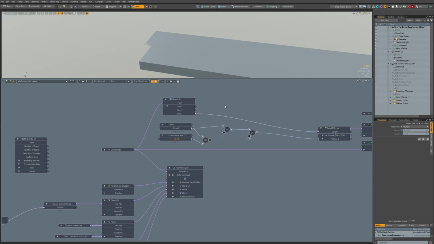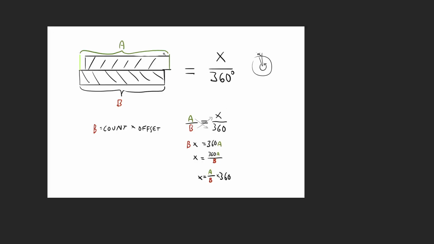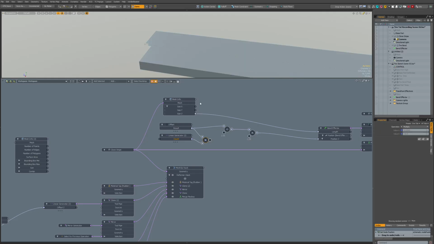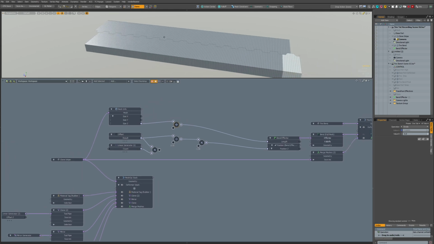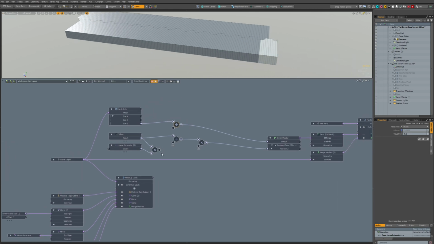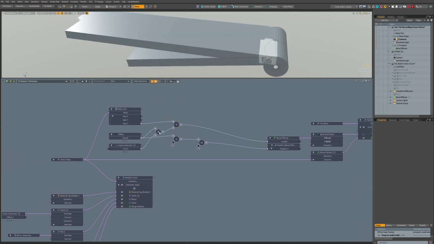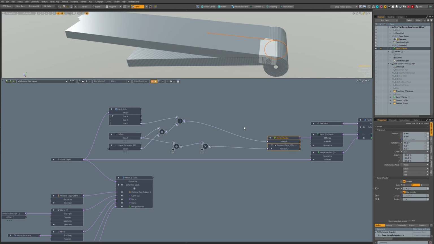So we should have B here, and A, it's the total length of that thing, so it's this, and we divide it by this. Length, but now I'm inputting it in the wrong place.